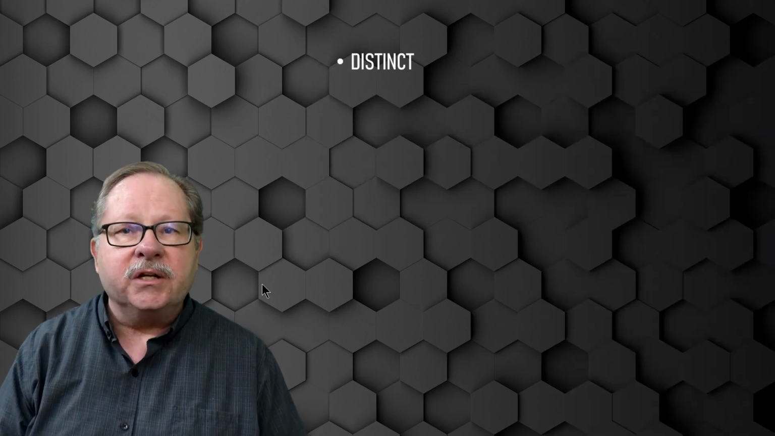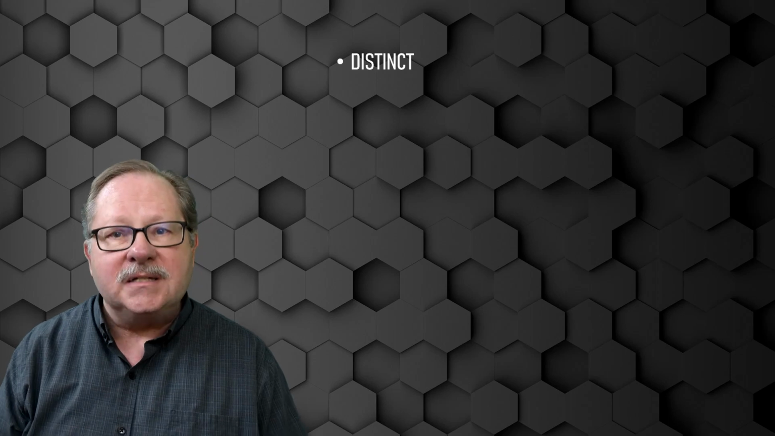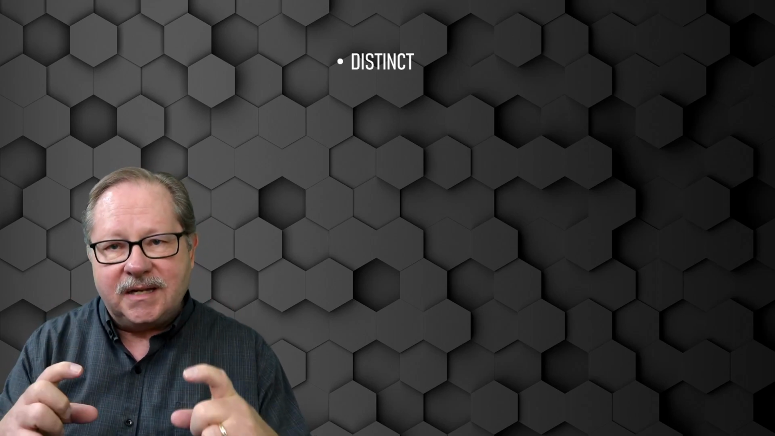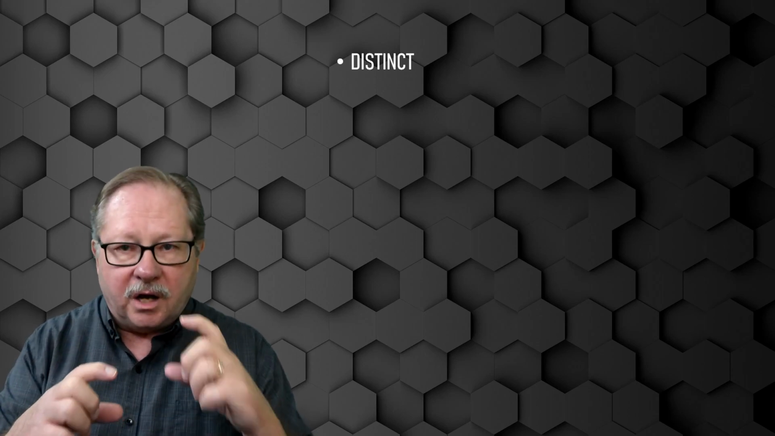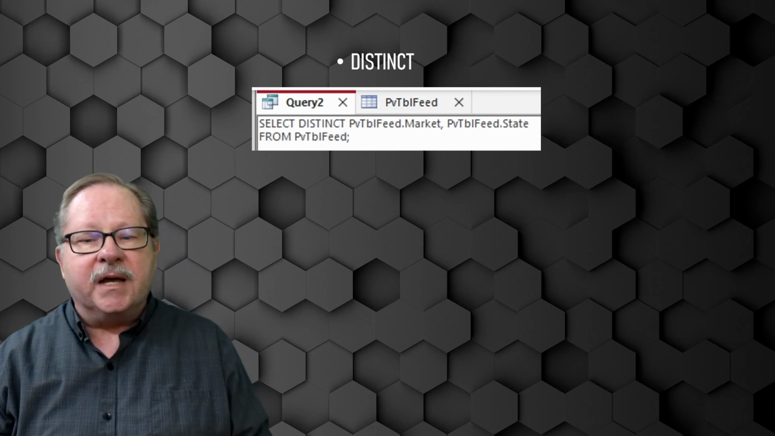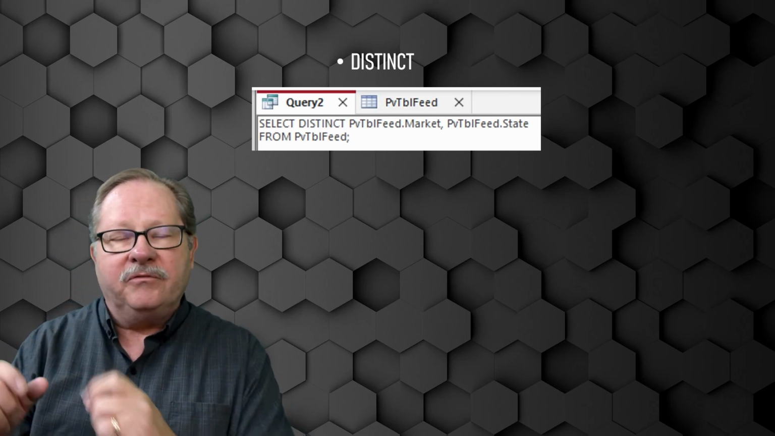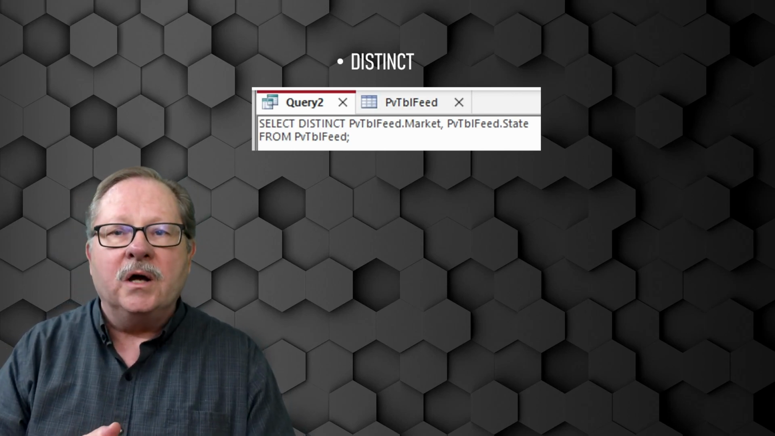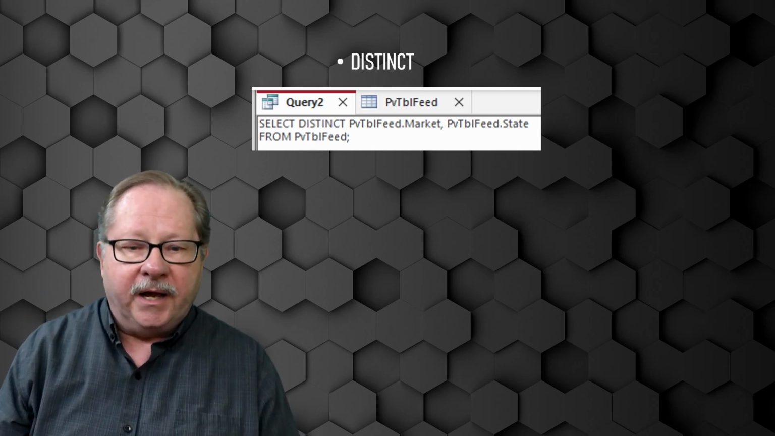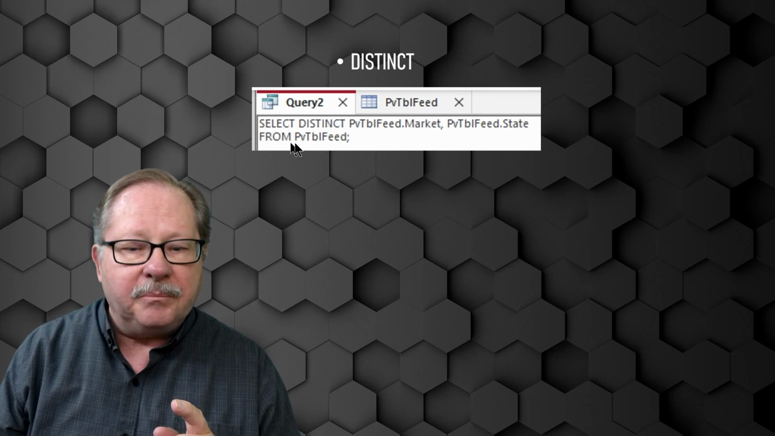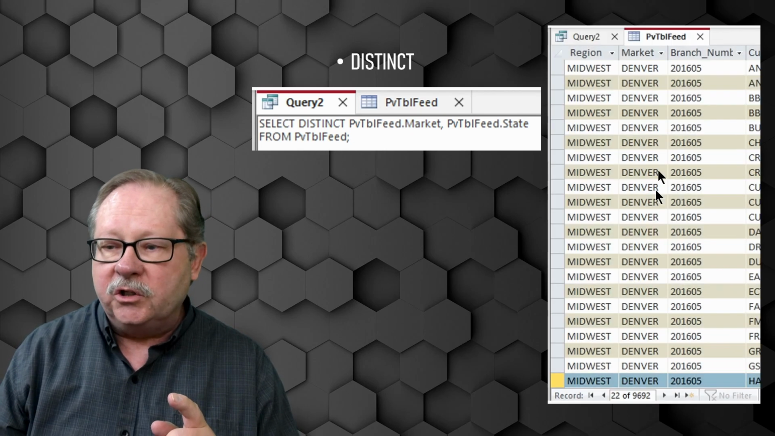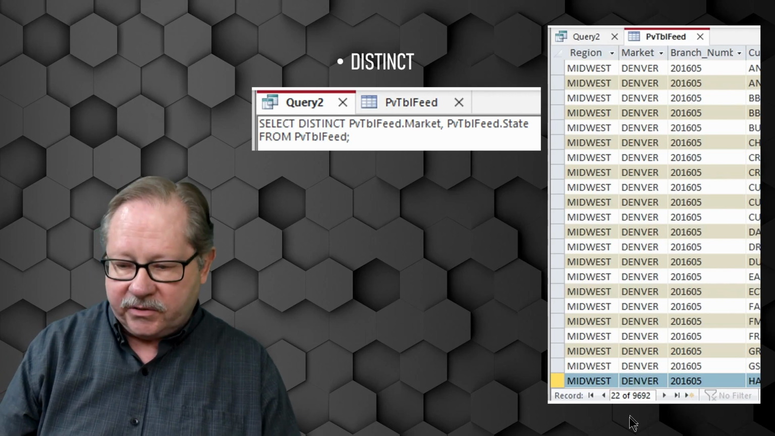Okay, let's look at the distinct command. Distinct means I'm looking for the records that have distinct members of the fields that I've selected. So let's look at this. If I select the field market and the field state, I want a unique list of markets and states together. Now, I'm going to be looking at pivot table feed, PV table feed. And if I look at the data